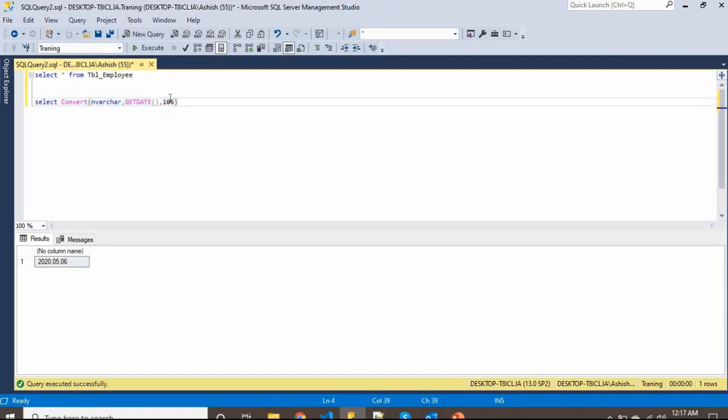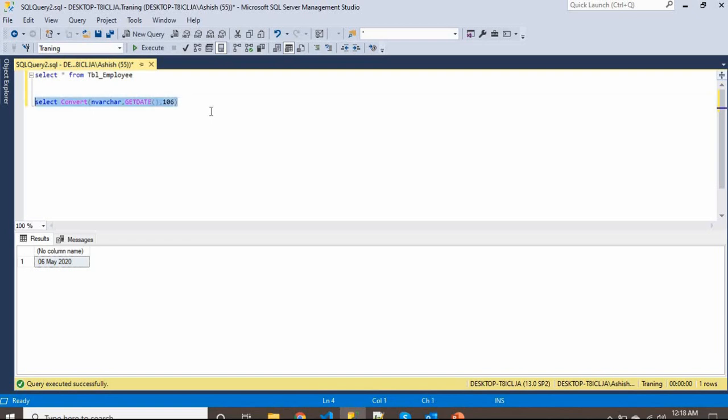This is why we use it. My favorite one is 105. See, it is showing DDMMYY, the date we are getting here. That's why we use convert or cast. Conversion is the method where you display the value in something relevant to you. One more you have is 106, which is also very good. See, it is saying 6 May 2020.